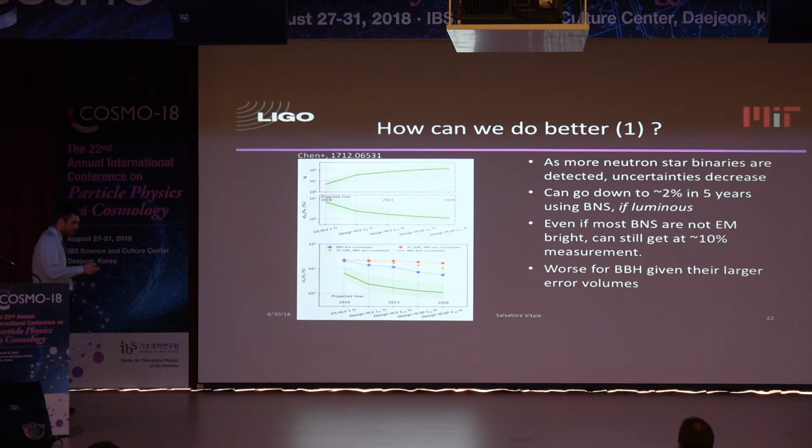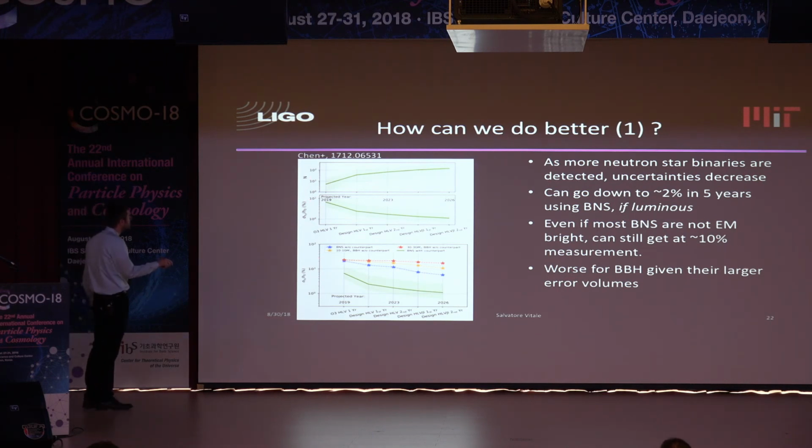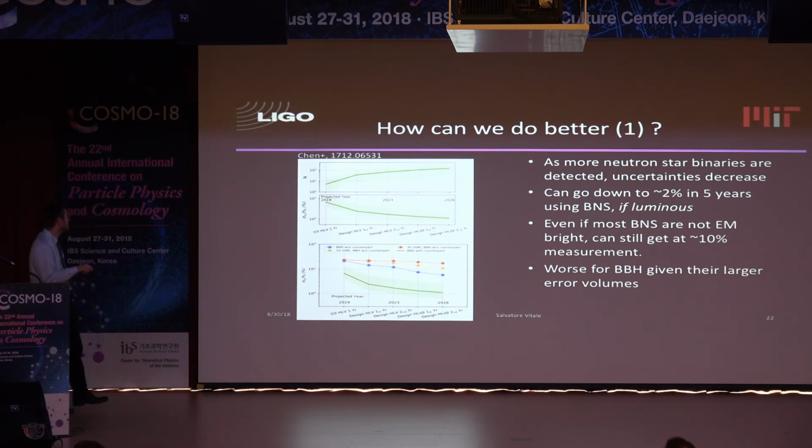And most importantly, on the bottom panel, you see the projection of the relative uncertainty on H0 as a function of time. And the point here is that, say, in 5 years, 2023, we can have a 1 sigma uncertainty on the order of 1 or 2%. This can be much worse or much better depending on the actual astrophysical rate of binary neutron stars that we don't know yet. We will know, hopefully, in 1 year or so. As I said, you can still measure the H0 in absence of a counterpart. This plot assumes that all the BNS come with a redshift measurement because you got the galaxy.